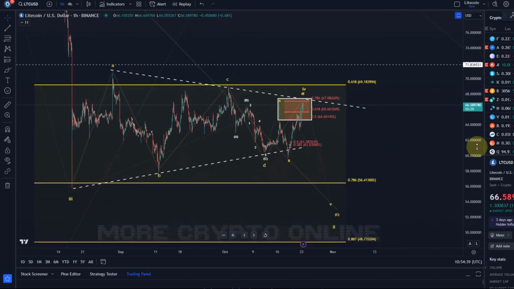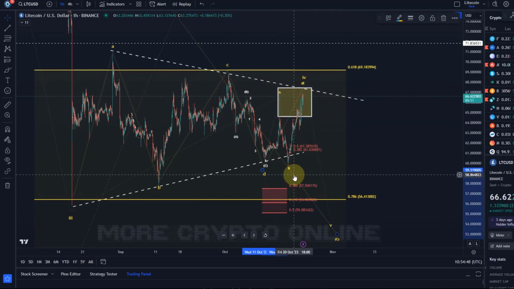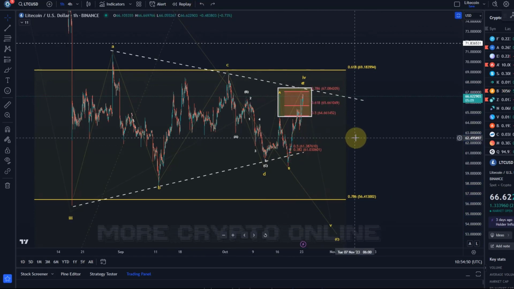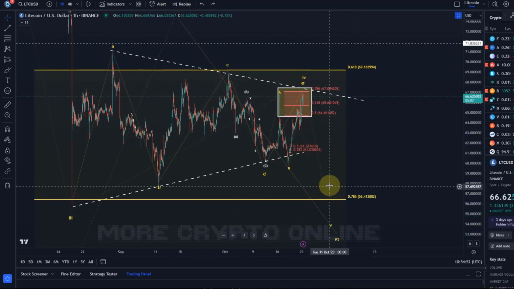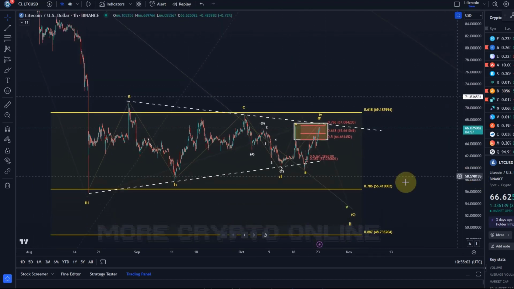So that's the situation in which we are. The multi-hour trend is up. But this is the area where the trend ideally would shift back to the downside if it really is a triangle that's breaking to the downside. If it pushes higher than this, and again, if it pushes higher than the C wave threshold at $68.80, that would already suggest that maybe something more bullish is going on. And if we zoom out a little bit,